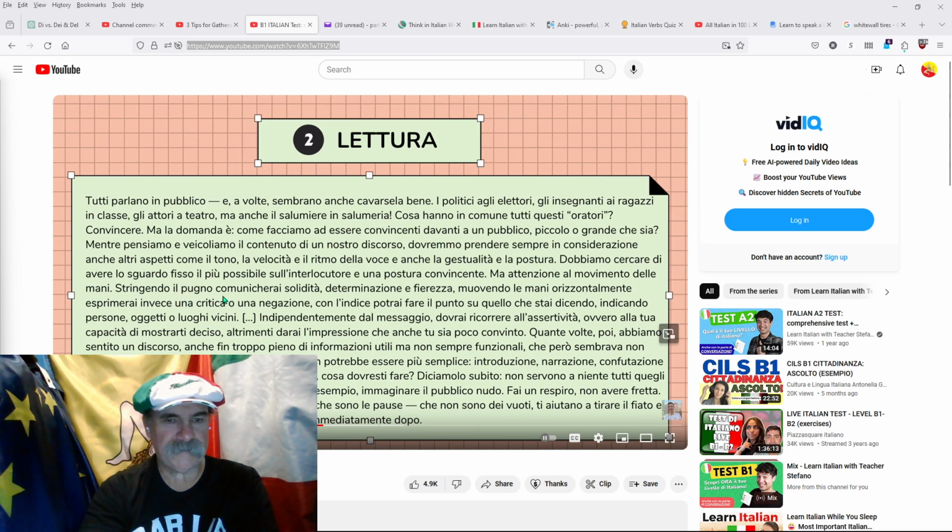Stringendo il pugno comunicherai solidità, determinazione e fierezza. Muovendo le mani orizzontalmente